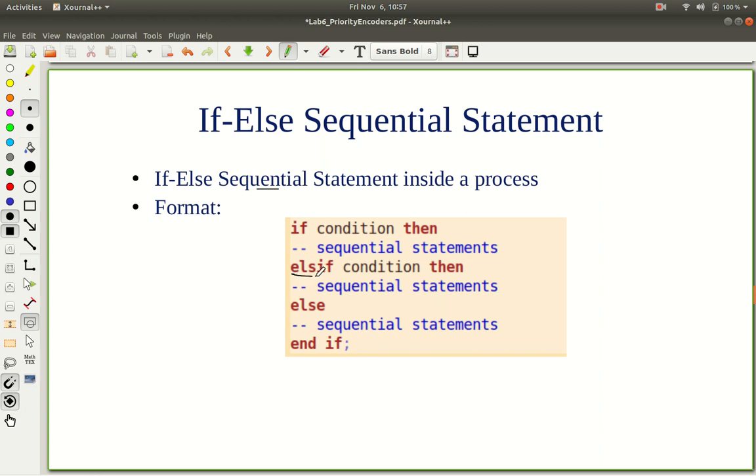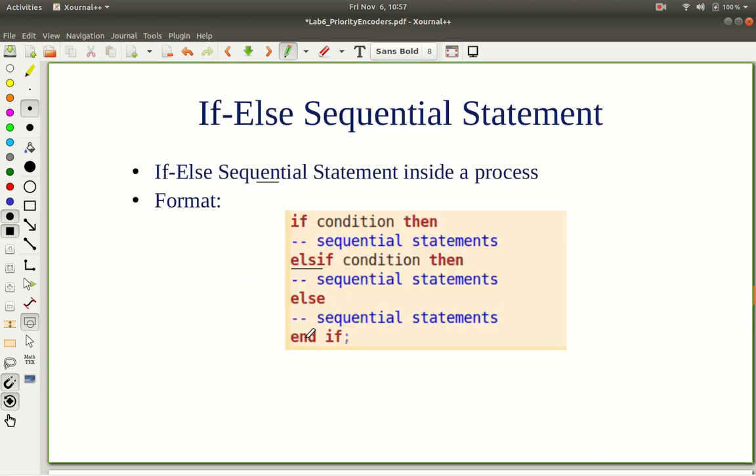Just notice that the spelling is ELSIF, there is no gap between else and if. Else if, condition, then, and so on. There can be multiple such else if blocks, and then finally an else and end if. This is very similar to how you have if and else conditions in Python or C.